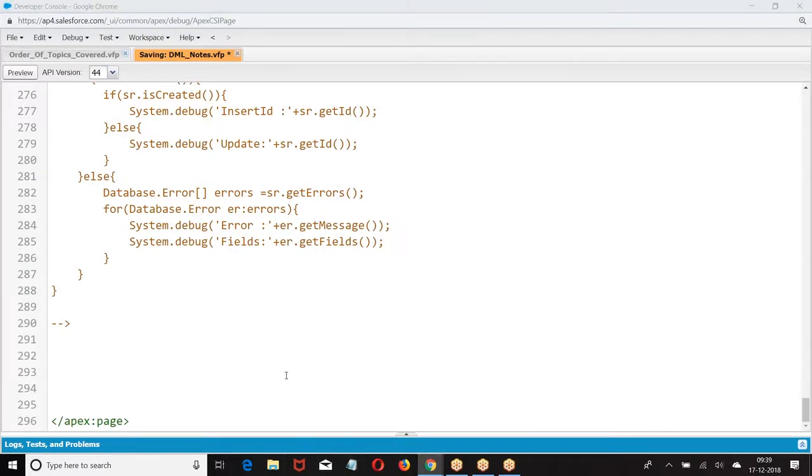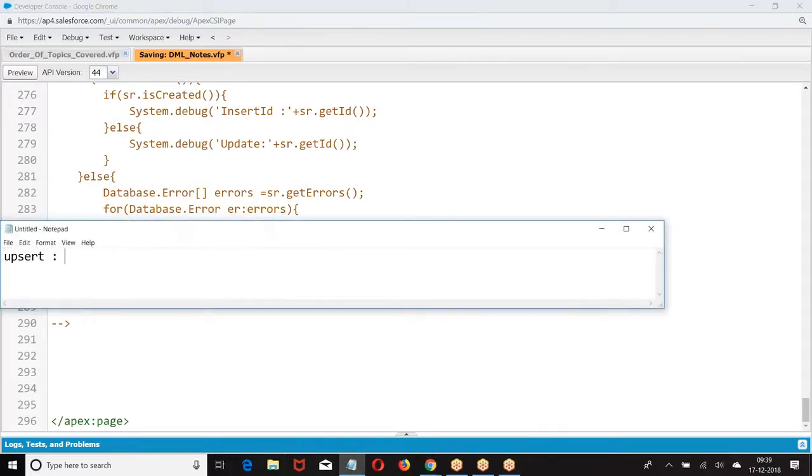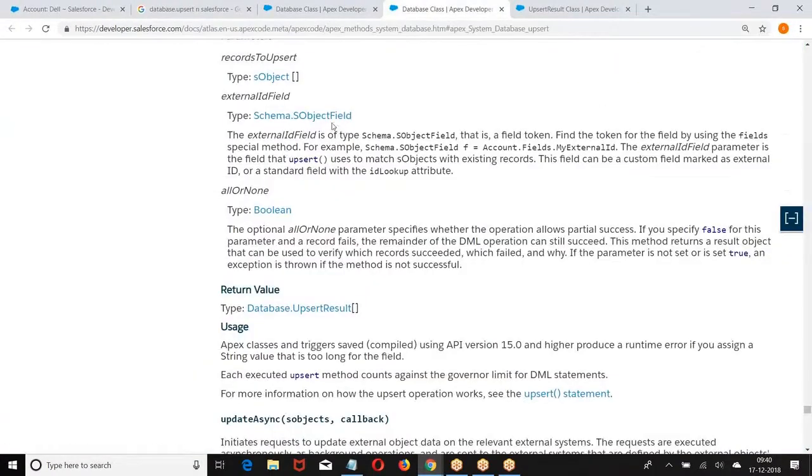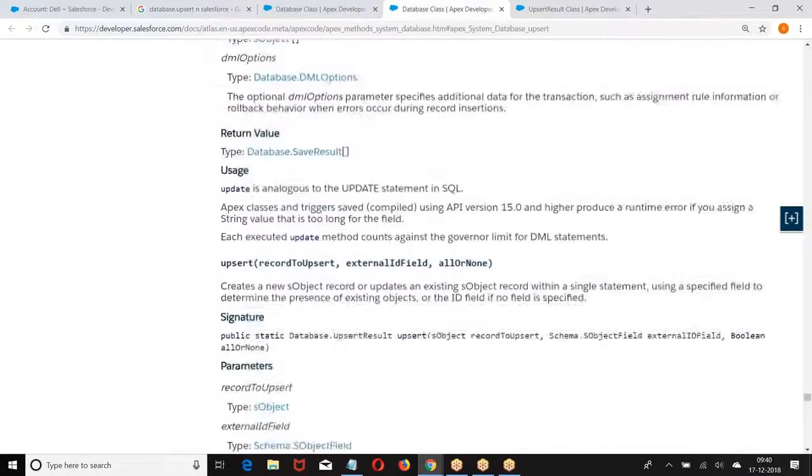So when you say upsert, insert plus update. When you say merge, update plus delete. Child records are reassigned, that's nothing but an update. The parent record is deleted. So one of the records is deleted, the rest of the records are updated. So it's update plus delete. Upsert, insert plus update. Merge, update plus delete. Now let us go back and see what functionalities we have in the merge.